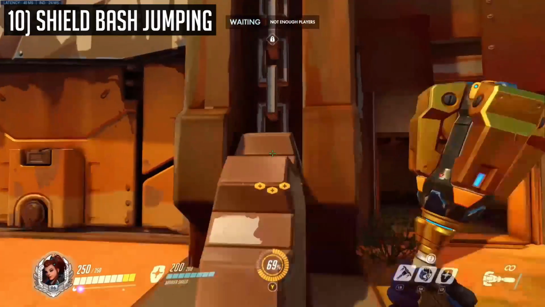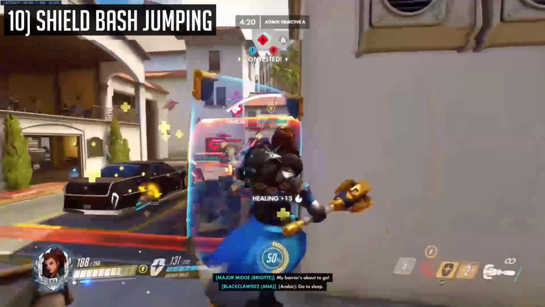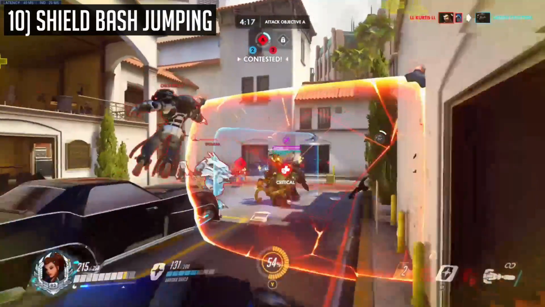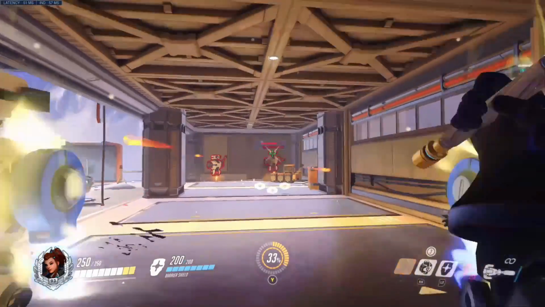Great spots for these are on Junkertown first point attack, or Route 66 second point defense. The entire point of these jumps is to gain high ground to contest DPS, or to get you out of danger. Brig's passive, Inspiration,